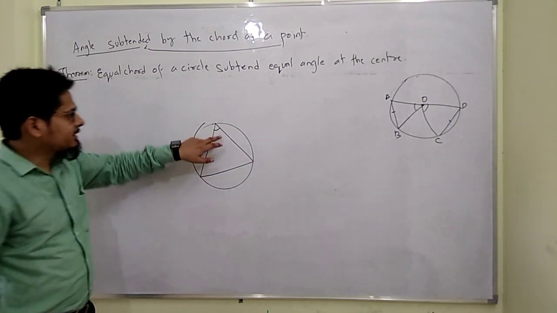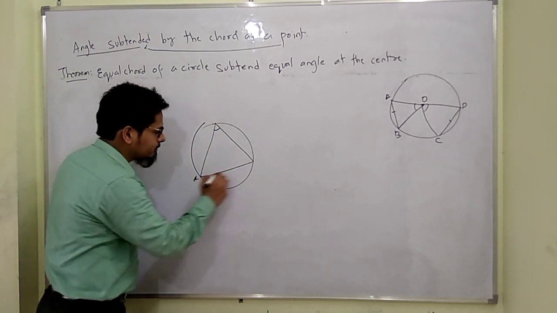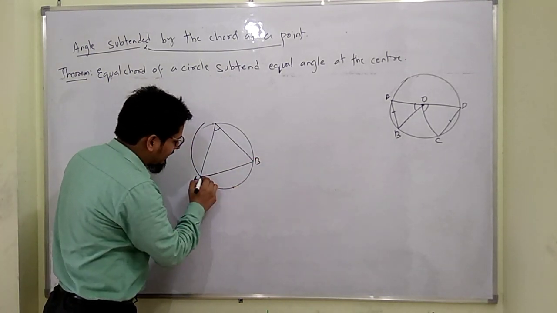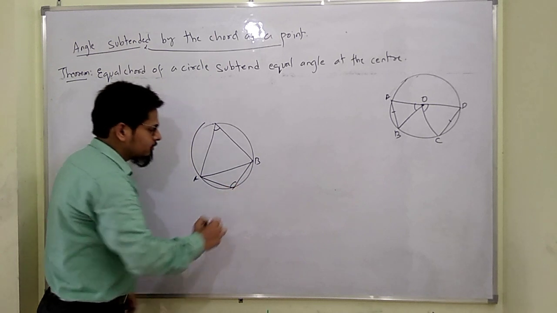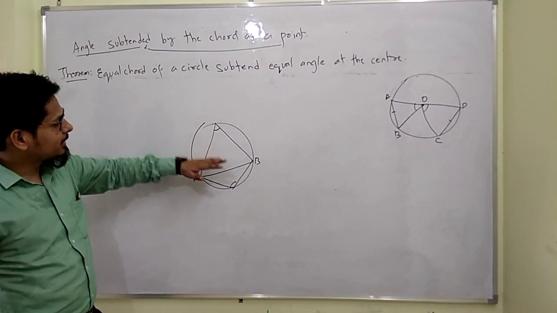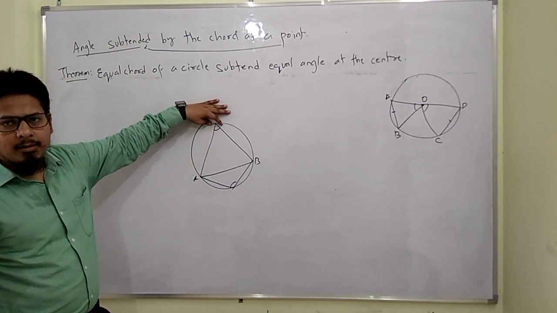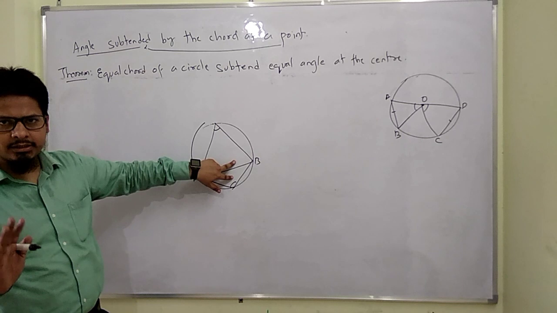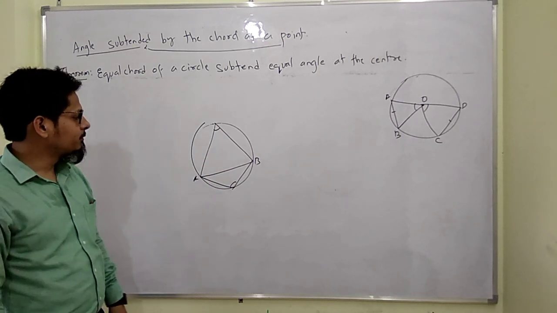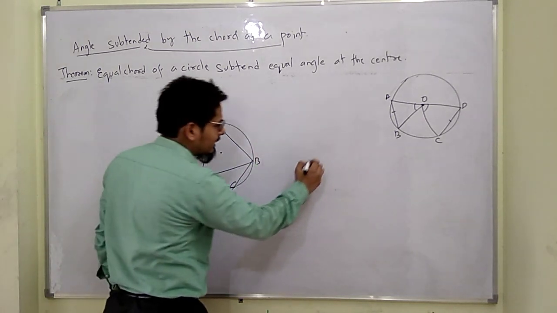So the angle subtended by this chord at this point. We see this angle subtended by the chord AB, okay? And at this point, if I draw one angle here, we say this angle is subtended by the chord, right? So the angle you draw on this chord, we say this angle is subtended by the chord. Okay, you understand? Next, if you move on, you draw one circle here. Okay, another figure I am drawing here.